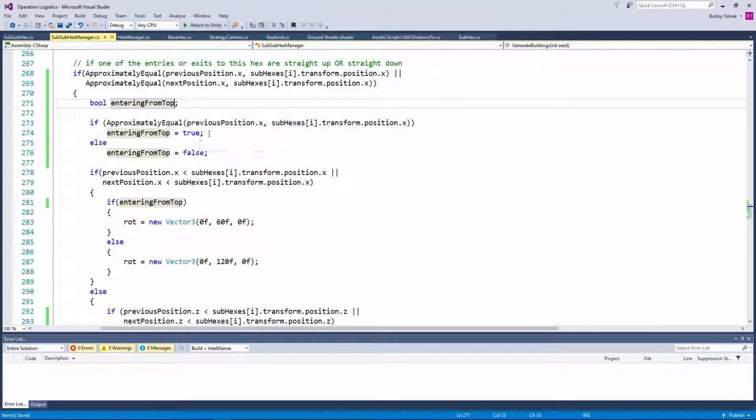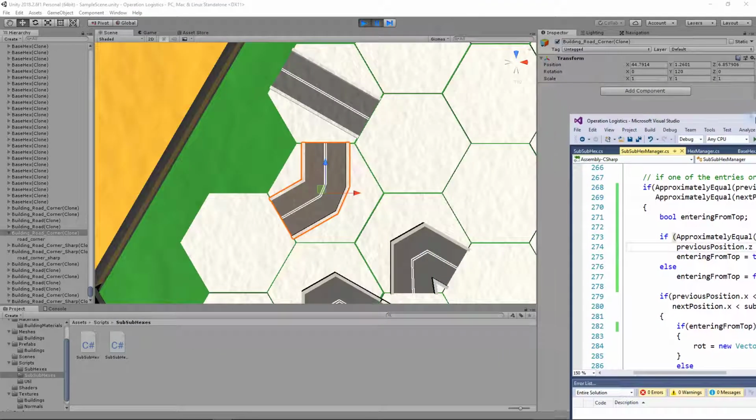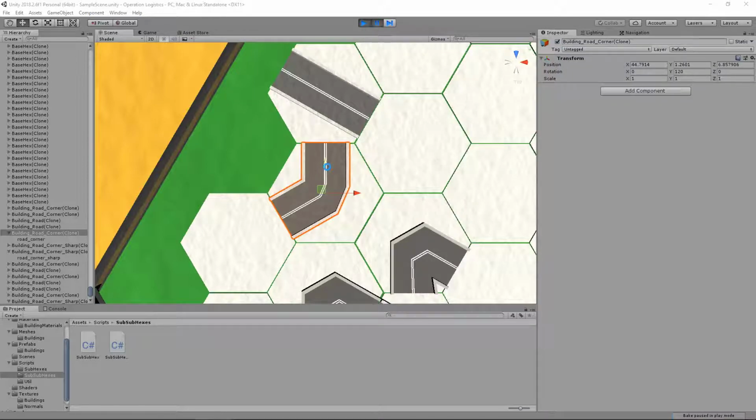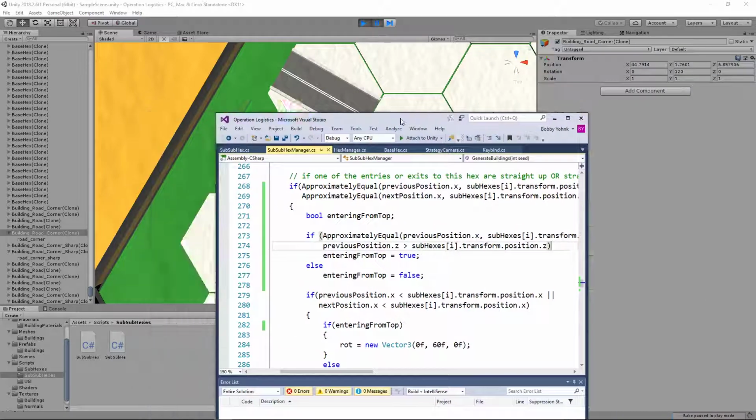So if our previous position.x, if this is true, however, we also need to know, so if our previous position.x is the one that is in question, and previous position.z is greater than subHexes[i].transform.position.z. If that is true, then we know that we are entering from the top. Because if we increase our z, you can see that goes up. So if our z position is higher,